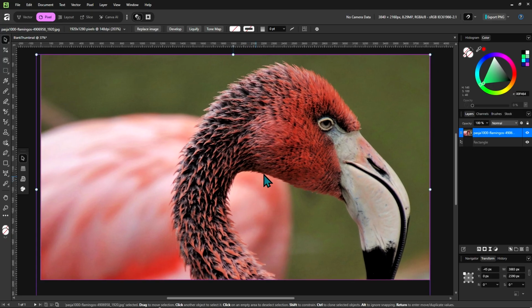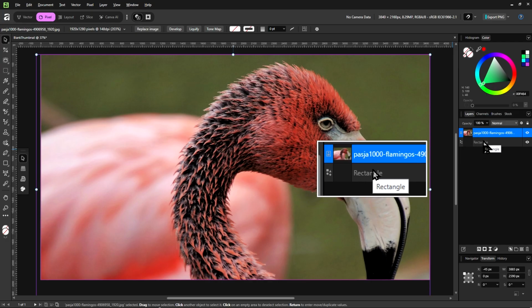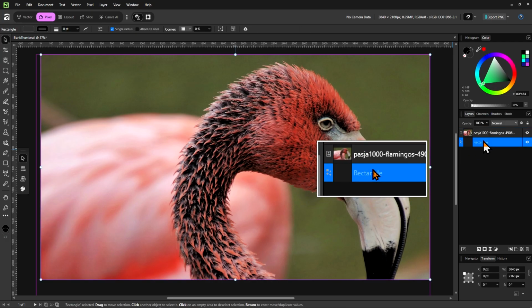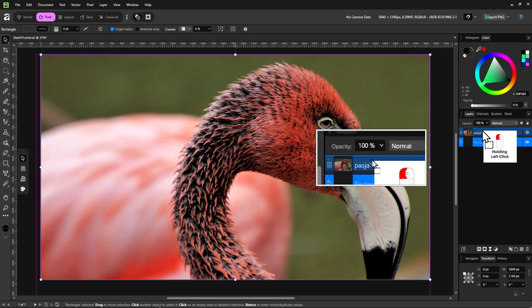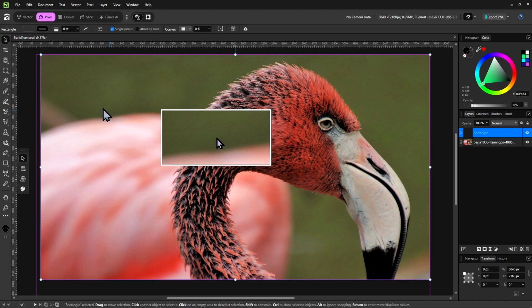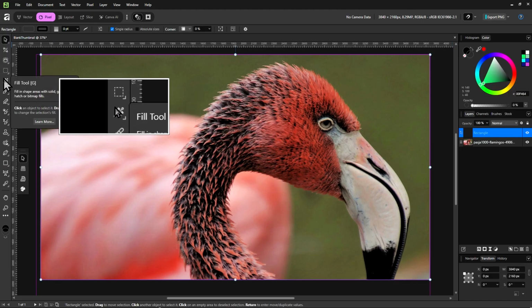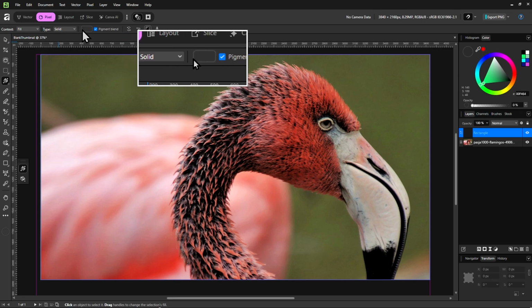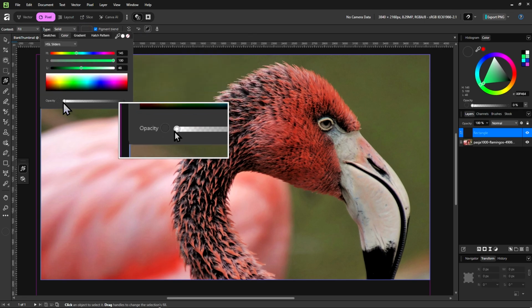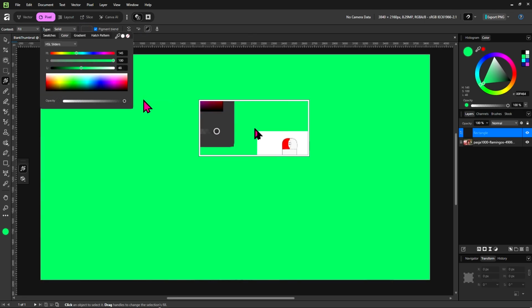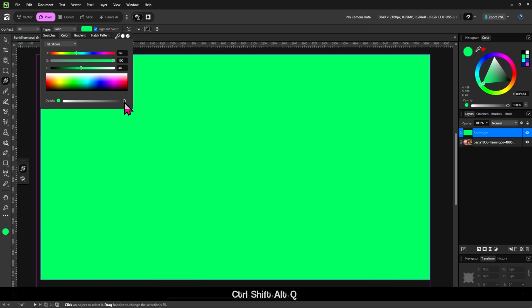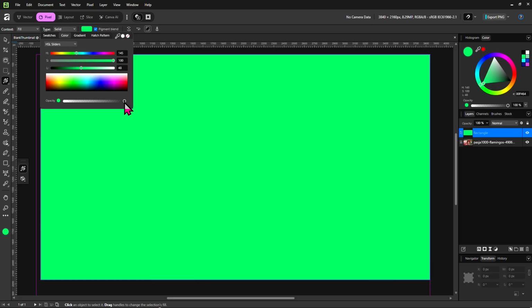And now let's go back to select the rectangle, and I will do that by going to the rectangle here instead of finding it in the canvas. And I want to make sure that it is above the image. Now, while it is still selected, go back into the fill tool and then change the opacity all the way back to the max. And now I think it would be a lot clearer what opacity is when we drag down this opacity with that image below it.